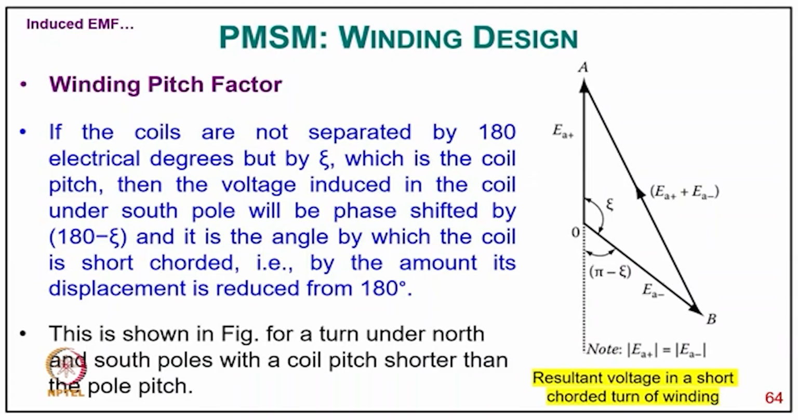So if the coils are not separated by 180 degrees electrical, but by eta, which is the coil pitch, then the voltage induced in the coil under the south pole will be phase shifted by 180 minus eta. It is the angle by which the coil is shorted, that is, the amount its displacement is reduced from 180 degrees. This is shown in the figure for a turn under north and south poles with the coil pitch shorter than the pole pitch, and here the resultant voltage in the shorted coil turn of the winding is